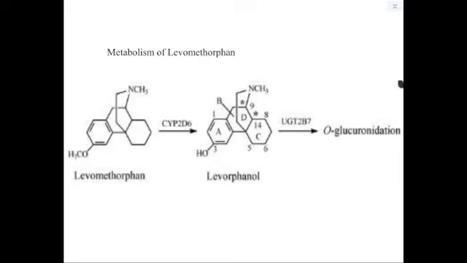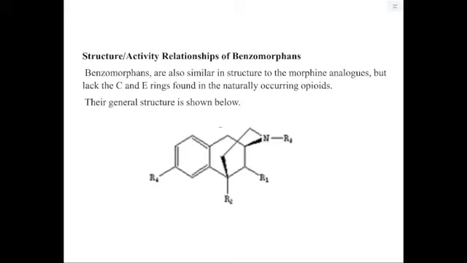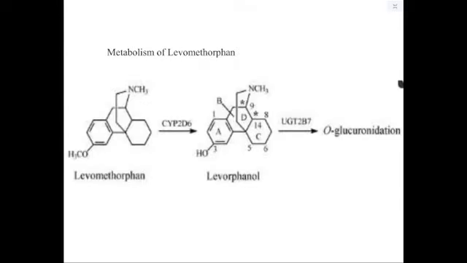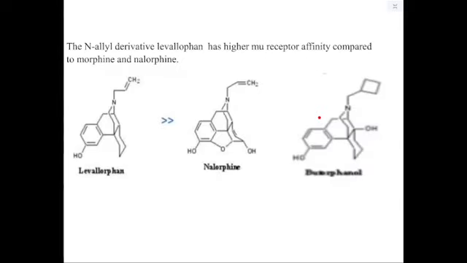Metabolism of levomethorphan: we had already mentioned that levomethorphan undergoes oxidative O-demethylation to give us levorphanol, and of course levorphanol, having very good binding affinity for the mu receptors, gives us a lot of toxicity. So I think that, unless there is a question, that finishes our